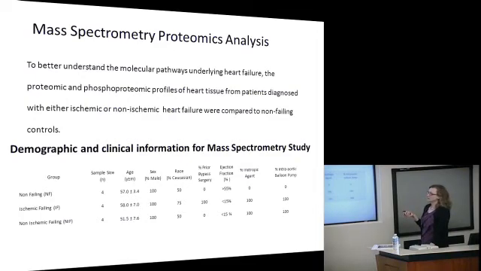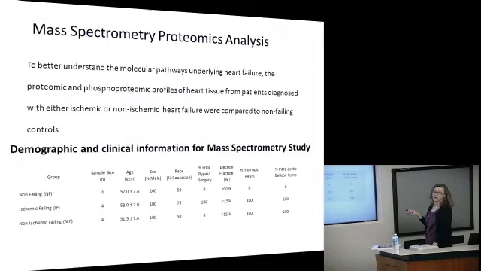different groups with a sample size of 4. The groups were non-failing human hearts, ischemic failing, or non-ischemic failing. And because we have a very large repository, we were able to finally match these samples in terms of age. They were all in their mid to late 50s, sex, all male, matched according to race,